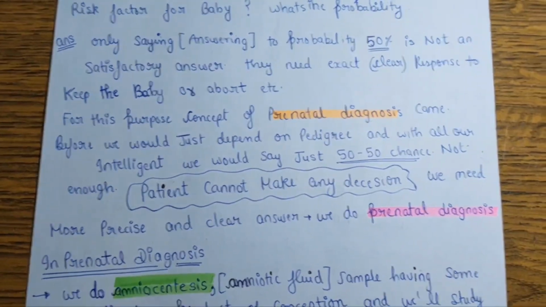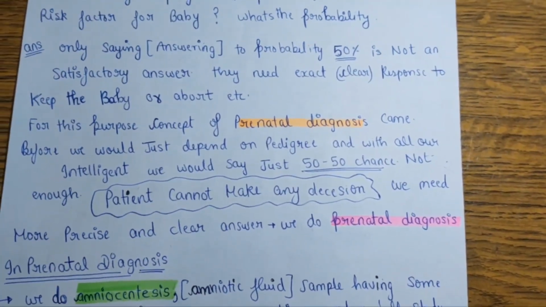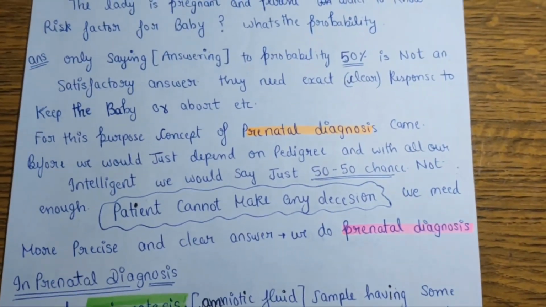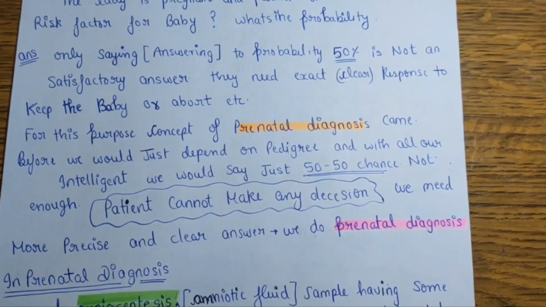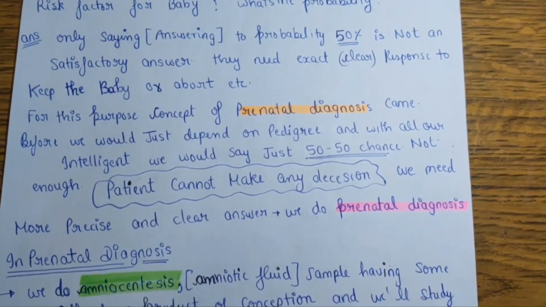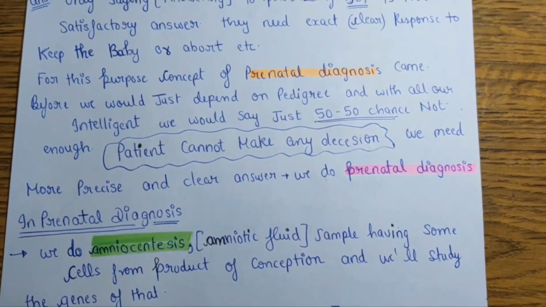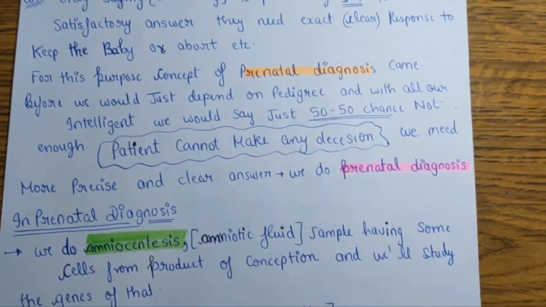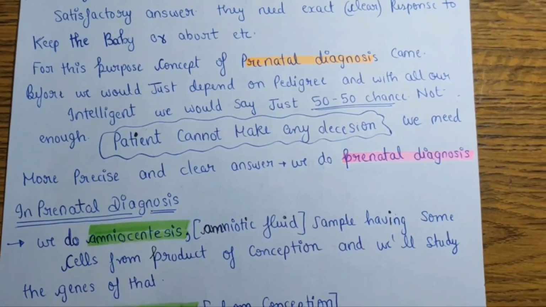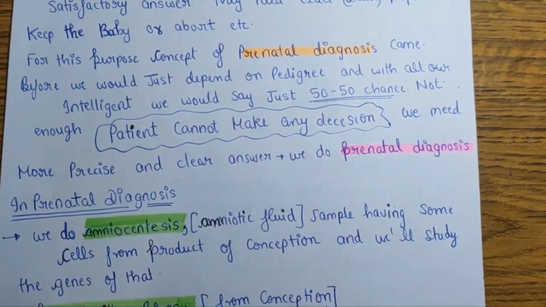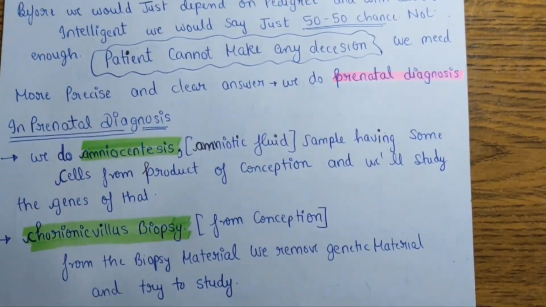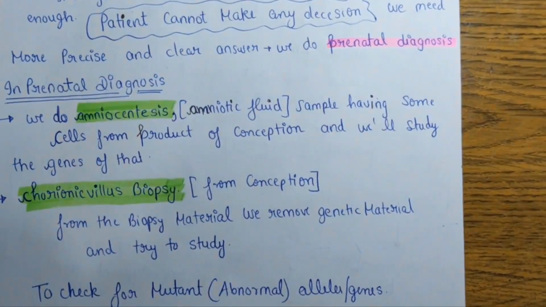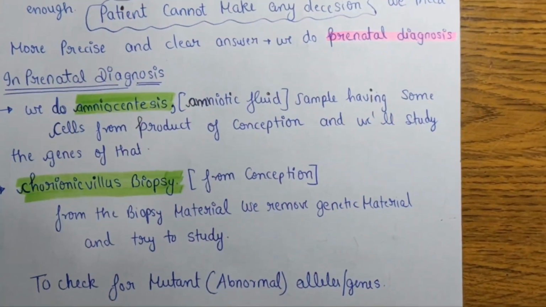If we only say that the probability is 50%, it is not a satisfactory answer for the couple. They need to know an exact, clear response so that they can decide whether to keep the baby or abort the baby. For this reason, we have the concept of prenatal diagnosis. In prenatal diagnosis, we can do amniocentesis and chorionic villus biopsy, with the help of which we can check